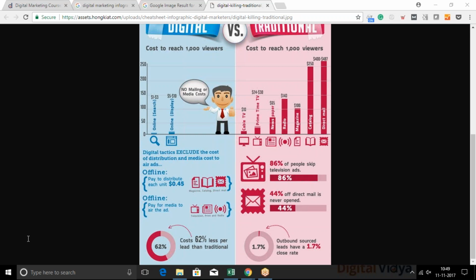There are two tools that can help you to create an infographic. They are free: canva.com and